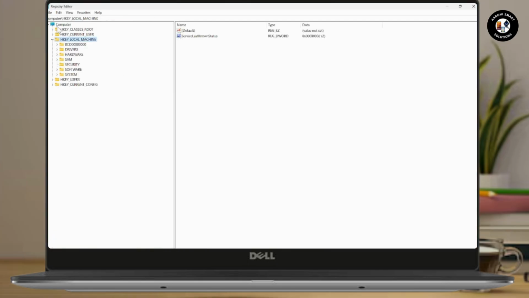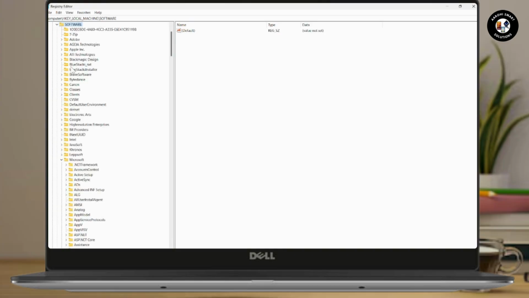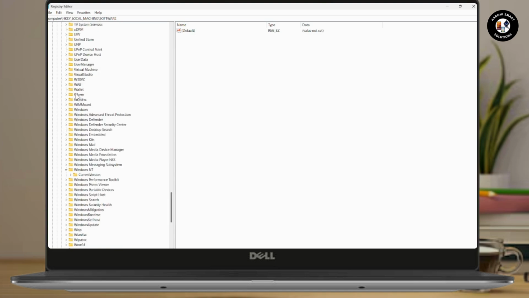Now, once you're in the registry editor, make sure that you are on your HKEY_LOCAL_MACHINE section. Once you click on it, you'll have software. You need to enlarge your software, and then you need to scroll down, and then you'll find Microsoft. Just go with Microsoft, go with the drop down. Under that, you need to scroll down and then select Windows NT. Once you go with Windows NT, which is under your Microsoft, you need to go with the current version, expand